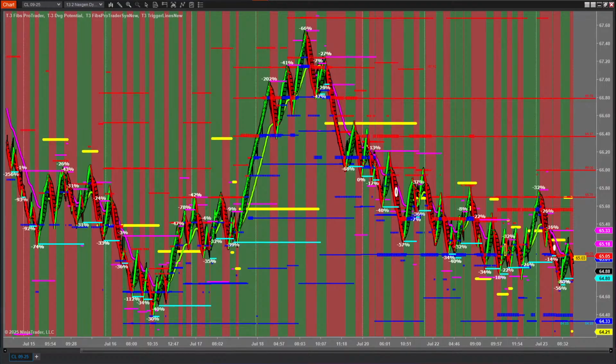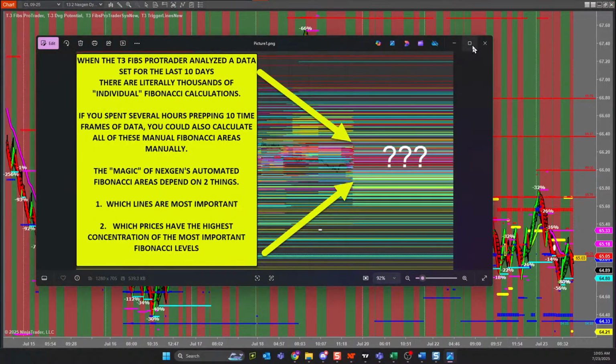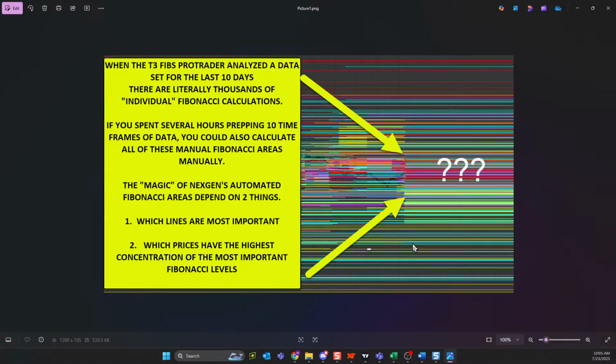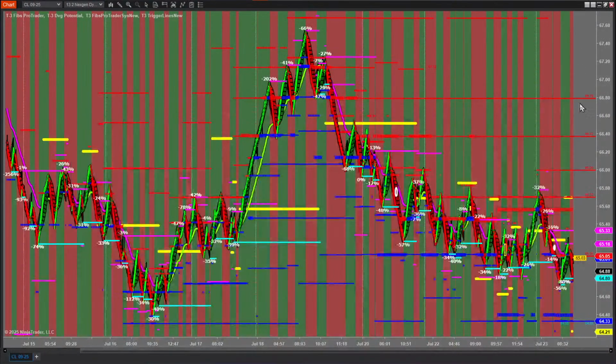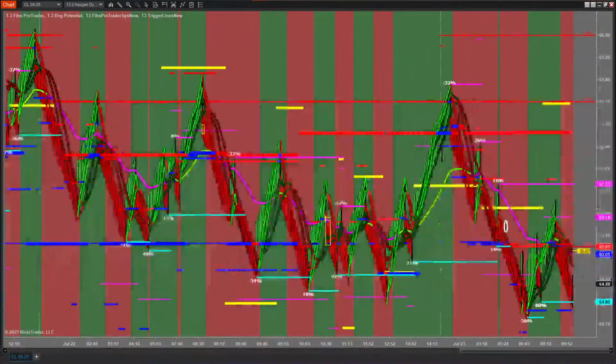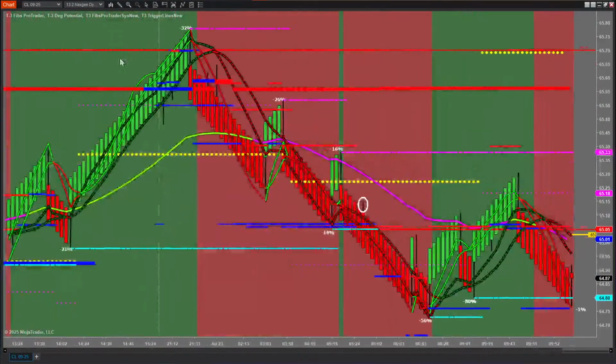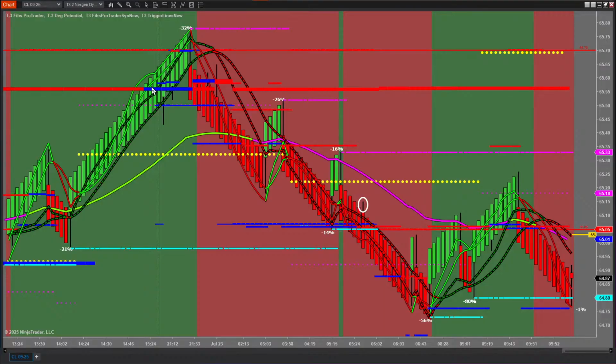And then it builds smaller time frames and it does the same thing. And then it projects forward and it looks backwards. And it comes up with tens of thousands of calculations. And then the algorithm kicks in and it weighs them and it sorts them and it finds the most important ones. And from tens of thousands of calculations, you get these singular blue and red lines.